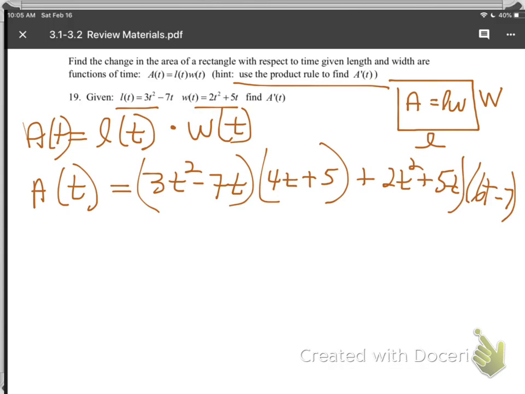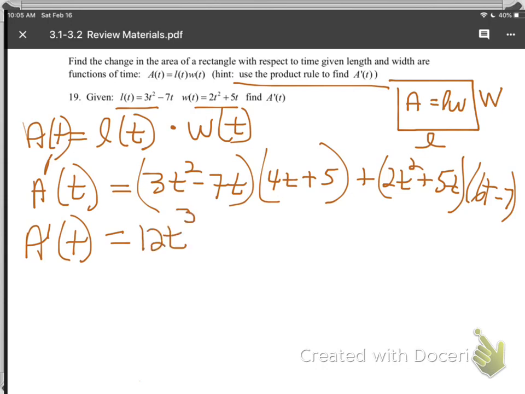And I need my parentheses here. Okay, so now, and this was A prime. Having little stylus issues again. I'm going to say that's A prime, and there you go. Okay, so A prime t, if we FOIL, we're going to get